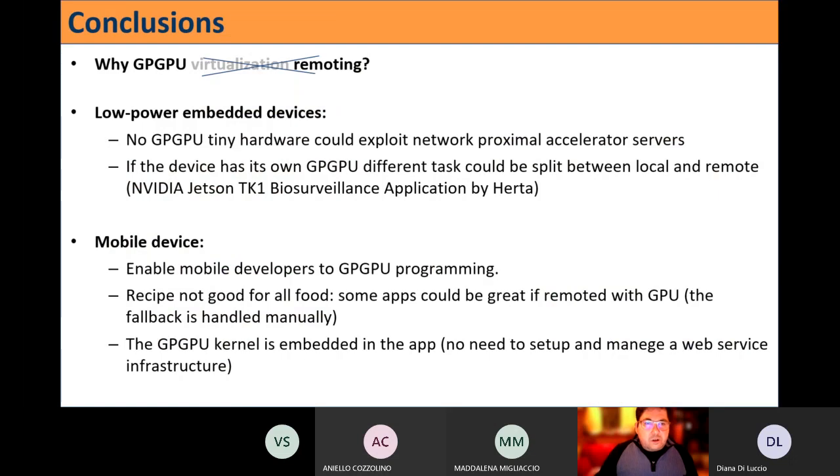So, finally, why GPGPU virtualization, and mainly remoting? Because we can embed GPU virtualization in the Internet of Things. And on tiny hardware, we could have GPUs in the future, but in any case, the high-end GPUs are more powerful. And for example, some